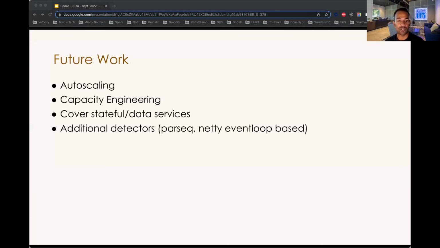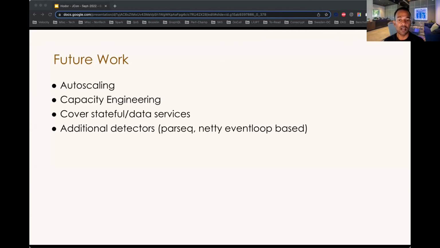The load testing tool terminates the test the moment Hodor detects an overload. The results of such tests are used to right-size the capacity of each app cluster. Also, we are currently working on increasing the Hodor coverage for data services. This needs careful treatment, as each data system will have its own specifics on various aspects of the data. We are also looking to develop additional detectors in the future that are targeted towards specifics of certain stacks.